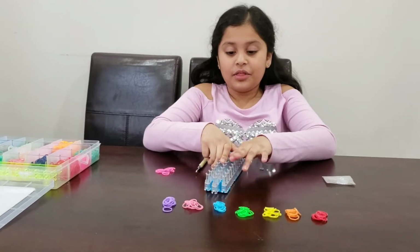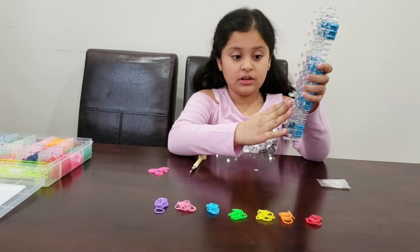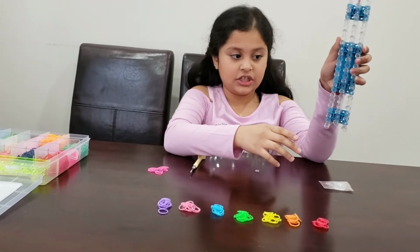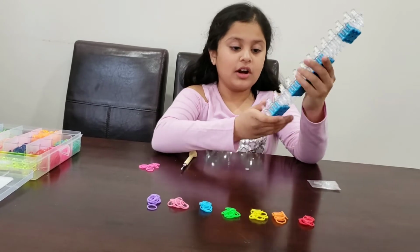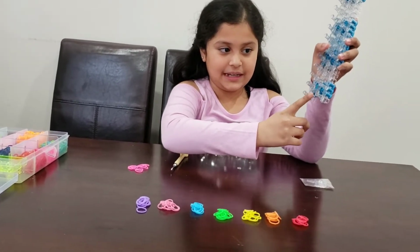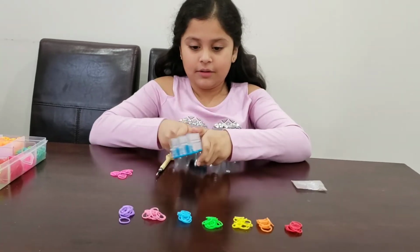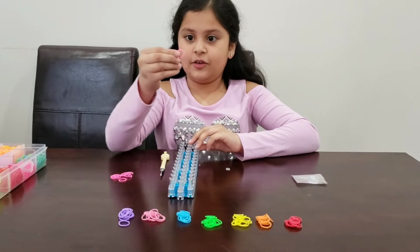And for this project, you'll be needing your arrows pointing down and your loom in this configuration. So first, you're going to be making the heart charm. For the heart charm, you'll only need 1, 2, and 3. These 3 ending pegs. So what you'll want to do for the heart charm is first take one single rubber